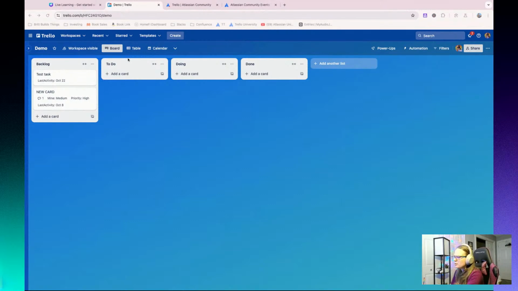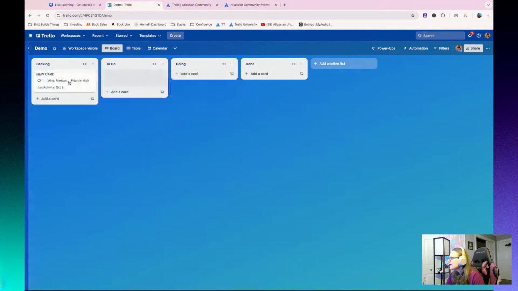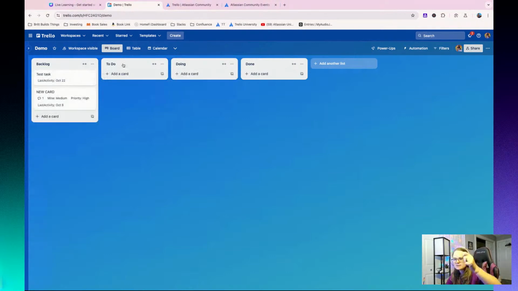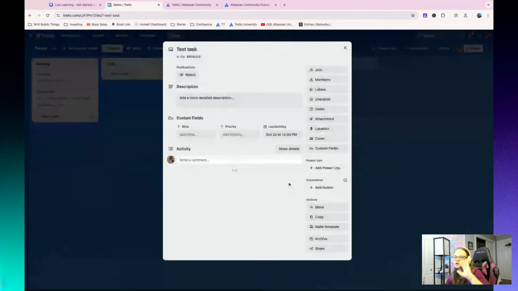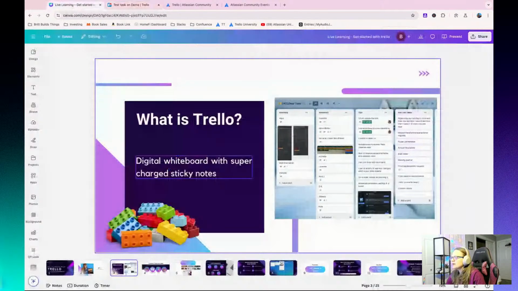Okay, so let's get back to what we were talking about with the supercharged sticky notes. Before I belabor the point too much longer, this is our digital whiteboard, right? And we can drag things around, we can move them, sort them wherever we want. But these sticky notes are not just static little pieces of paper. Inside of these sticky notes there are so many features. I'm going to talk more about them, but that's why I like to call them supercharged sticky notes, because there's so much more you can do with them. You can add labels, you can add members, you can do all sorts of things to make them have more information that shows exactly what you need to do and help you action on the things that are most important. You can keep files and things related to each other.